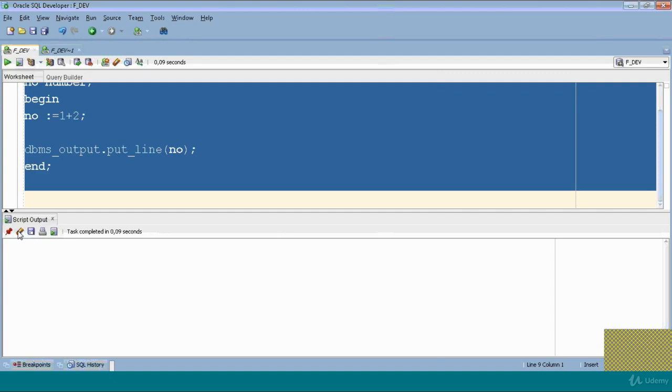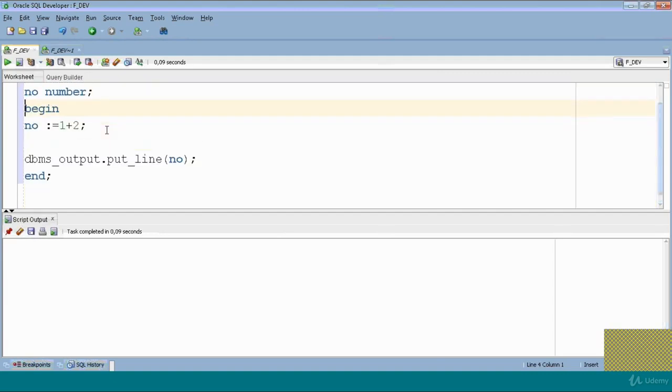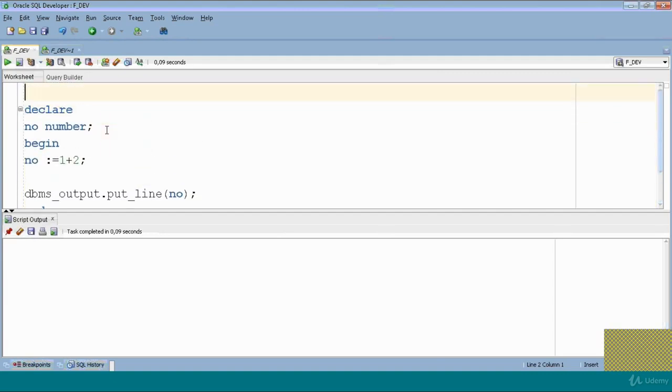It compiled successfully, but we want to see the value of 1 plus 2. To print a value with DBMS_OUTPUT.PUT_LINE, we have to activate it. How? By using SET SERVEROUTPUT ON. We will run this one.